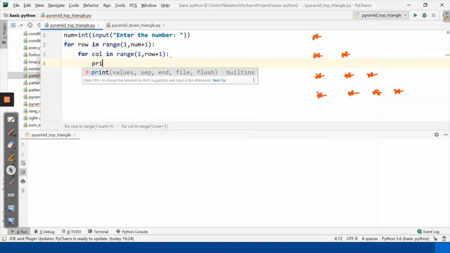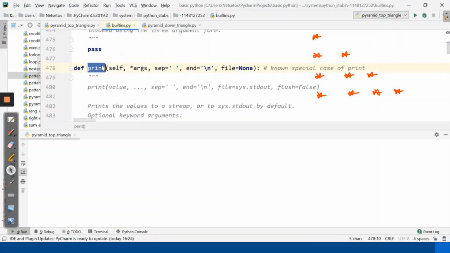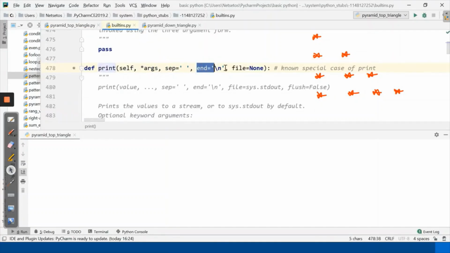And then here we will print star, which should be with end, as our print is always with a next line symbol.